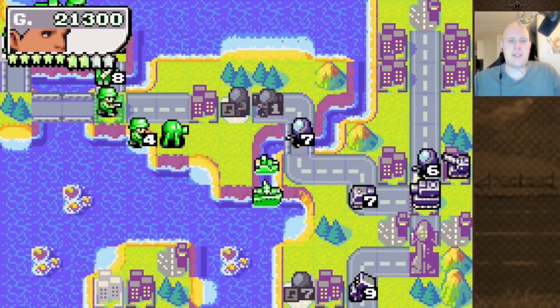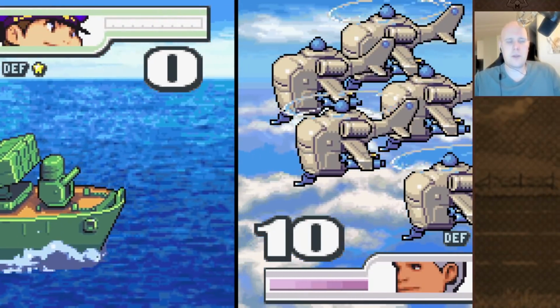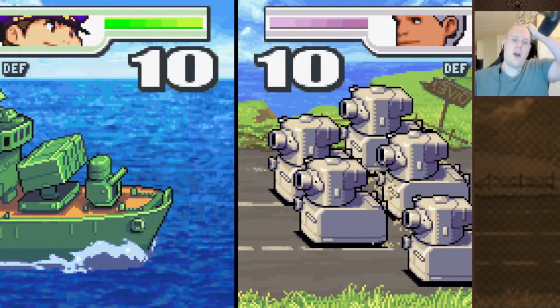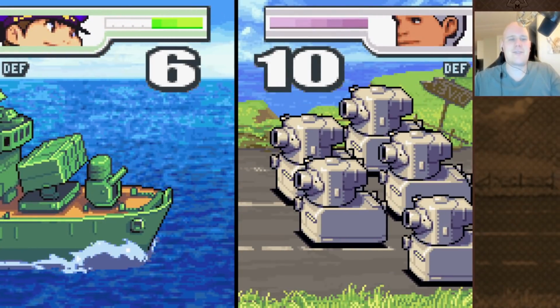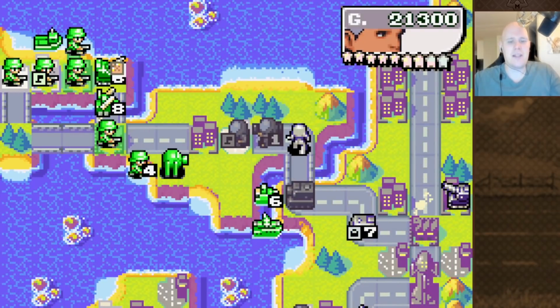Alright, will we get another Black Storm? Maybe? Probably will. Okay, Rip Cruiser, you did well. Oh shit. Cruisers take so much damage from tanks. I hate this. Now I need another one, because he might start...